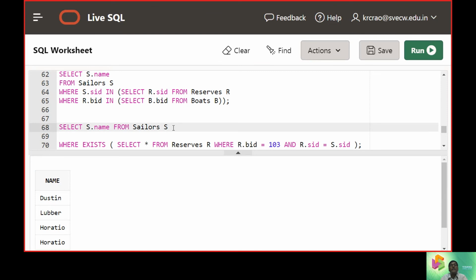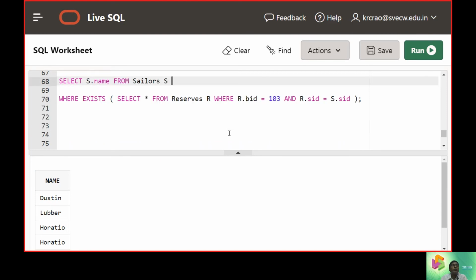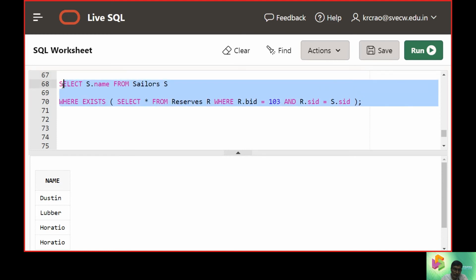Now we bring up this query for execution. You can see here we need to display the sailor's name from the sailors table, and we are verifying in the inner table the sailor ID and the boat ID.